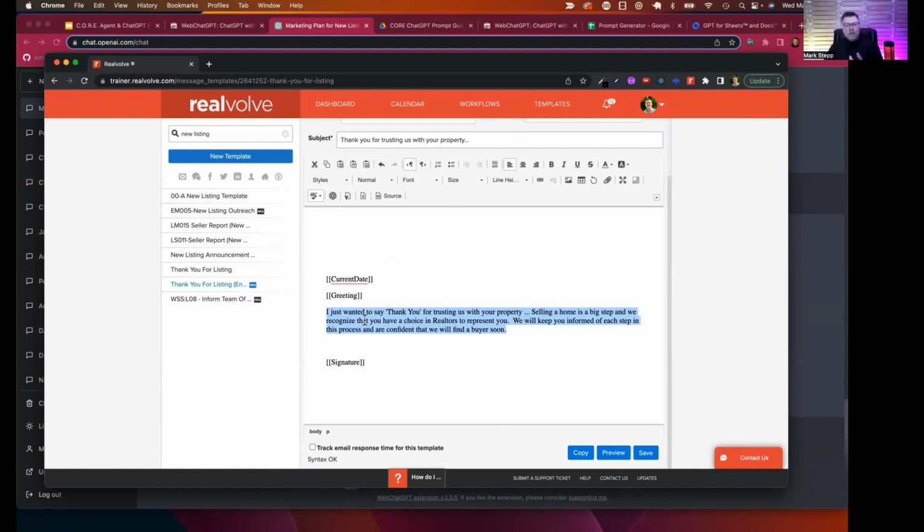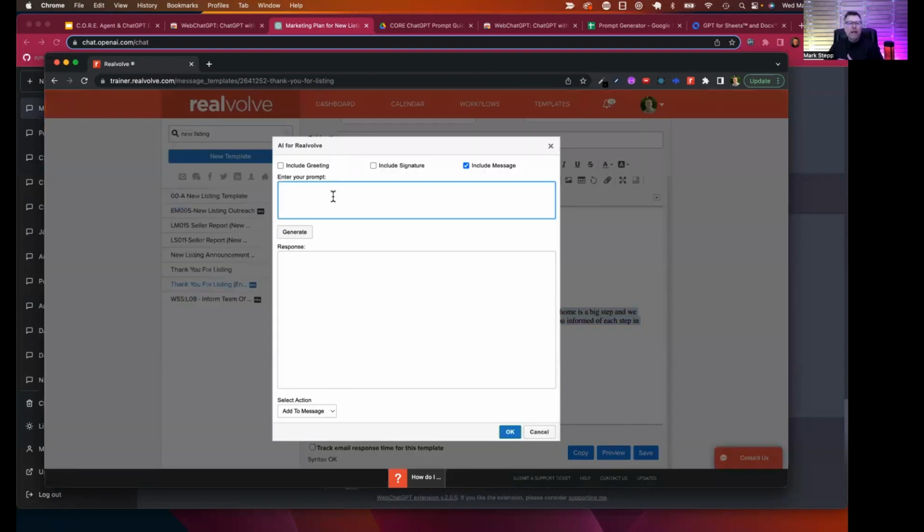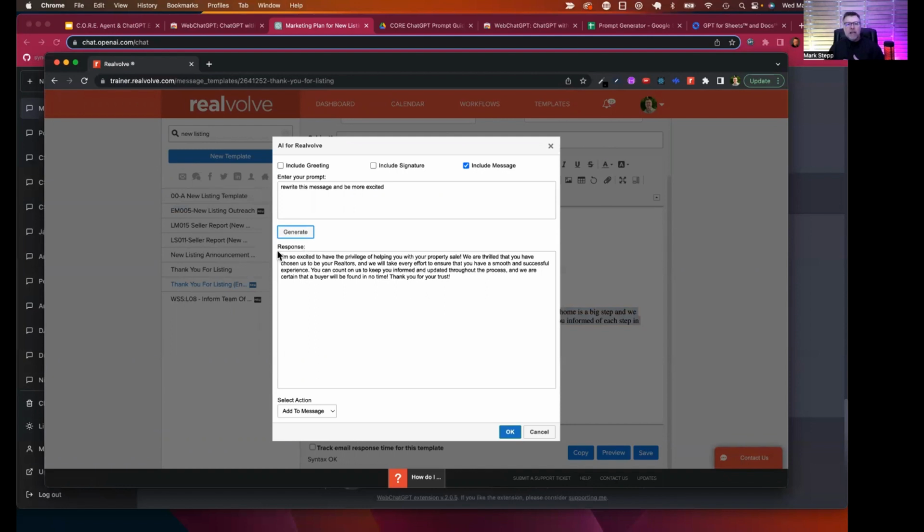they wrote it. What you can do is highlight that text. We now have this icon here for AI for RealVolve. We can click on that and we can basically say, rewrite this message and be more excited. Okay, and then I can click on generate. Now, whenever I click generate, it takes that message and puts it in, and then I can just hit